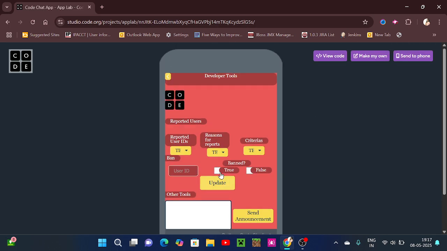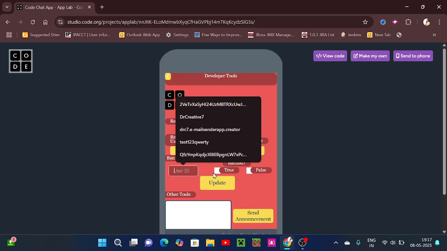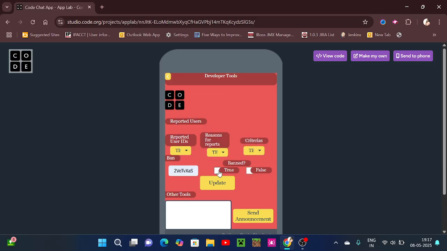But if it is not, it will send you a prompt saying that you are not a developer. I can view the reported user IDs, reason for report, and criteria, and I can just ban this user ID. I'm going to check this true, and now I'm going to update.